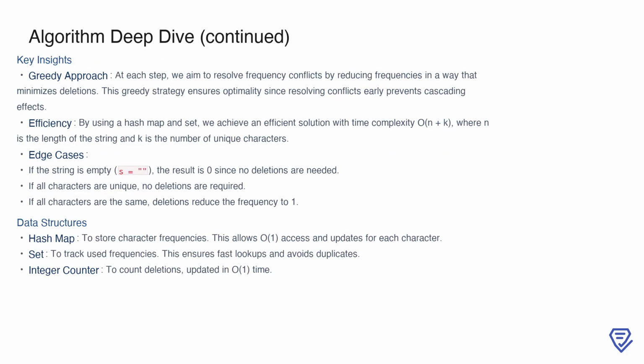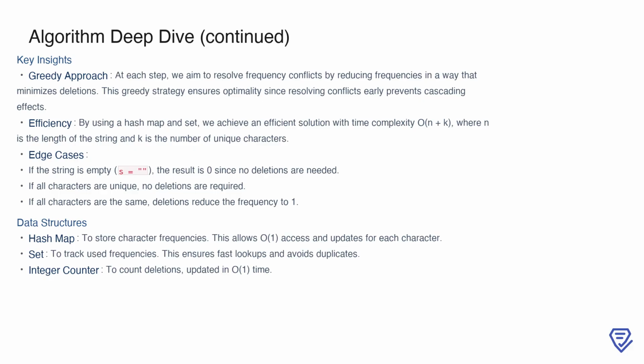The key idea behind this algorithm is its greedy approach. At every step, we resolve conflicts by reducing frequencies in a way that minimizes the number of deletions. This strategy prevents cascading conflicts, where unresolved issues at one step might create new problems later. By leveraging a hash map to store character frequencies and a set to track used frequencies, the solution achieves high